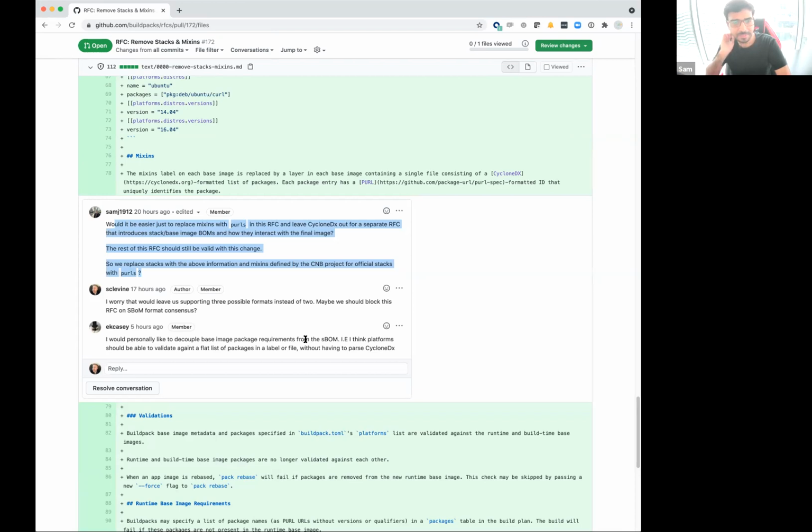Are you imagining that people would put everything there, if they're not using CycloneDX, for example, and are manually crafting it, trying to replace the mixins that they currently have? Wouldn't they just put the additional things that they think go in there? If you're just taking an existing stack with mixins and converting it to this format, I think the easiest thing would be to take that stack, convert it to that platform distribution thing, take your mixins and find the equivalent URLs for it, and that's it.